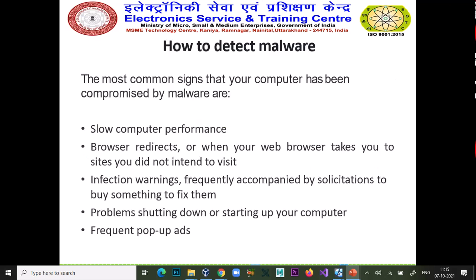How to detect a malware? This is very important. In a few steps, we can easily detect whether a malware exists in our system or not. The first symptom is slow computer performance.